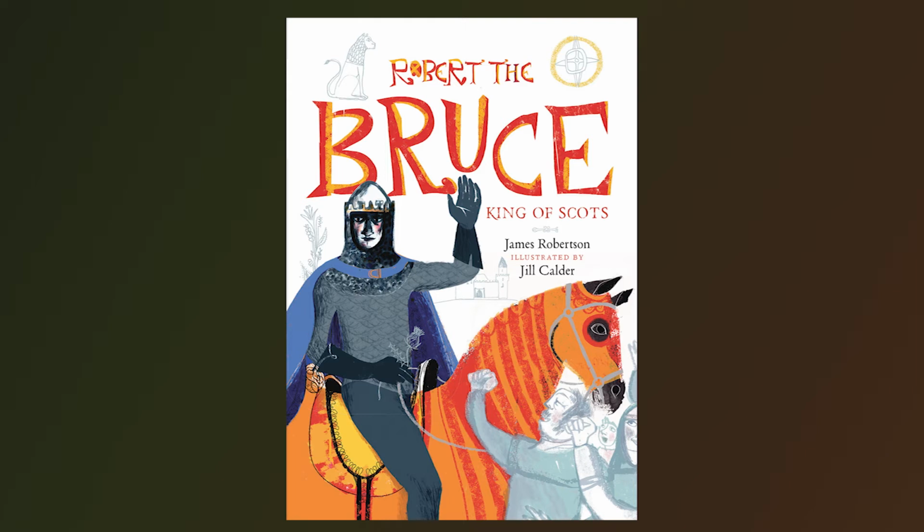Well, first of all, I think we've got these 4 spreads about the Battle of Bannockburn, which is not a huge amount considering it's the key battle in the history of Robert the Bruce. I remember these particular spreads were the ones that Jim and I, him as my creative director on the book, had the most discussion about how to use those pages effectively, the flow of the image from page to page, thinking about, what we call in picture book parlance, the page turn, what you could do with those 4 pages, rather than it just being a scene of battle, page after page after page.